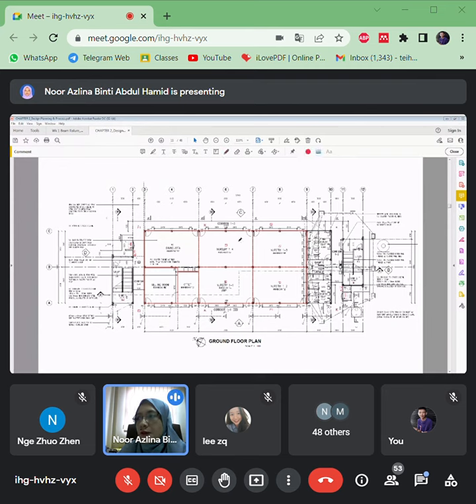So if you can see here, this is example of architecture drawings. Okay, so dalam architecture drawings, it will mentions what's the title of that drawing. Ground floor plan or first floor plans. Okay, and then look at here. Okay, there's a grid line in vertical direction and also in horizontal directions here. Okay, let's say for horizontal, it use A, B, and C. Okay, for vertical direction, it use numbers here from 1 to up to 12. Okay, according to the arrangements. Okay.